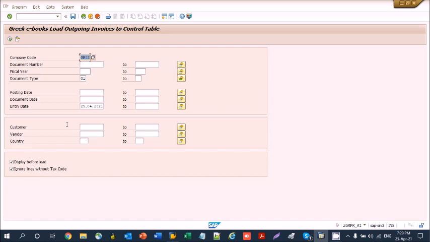This variant selects the proper A1 relevant document types, DR, Q1, Q2, and so on, and determines the entry date dynamically as today.